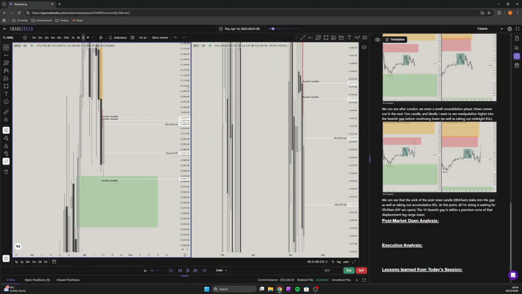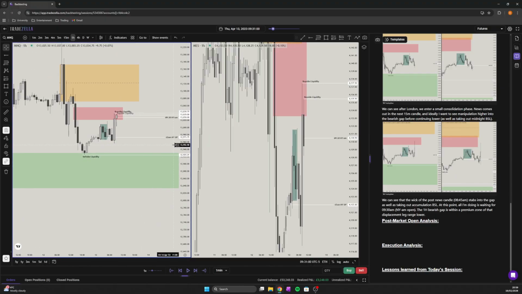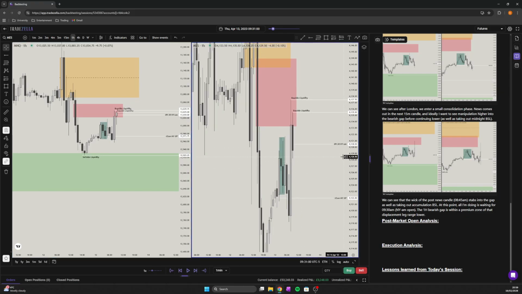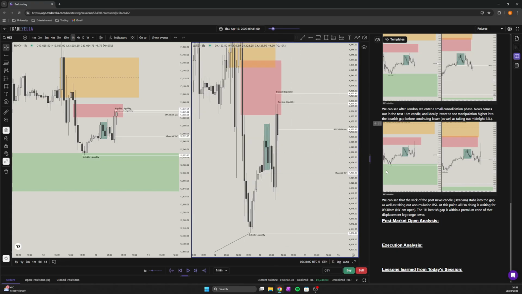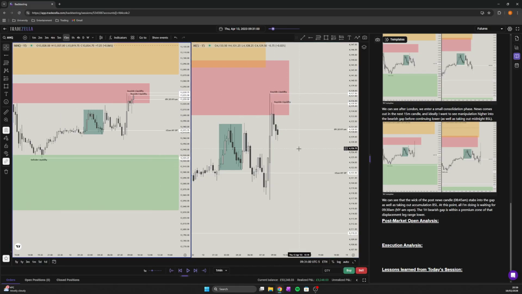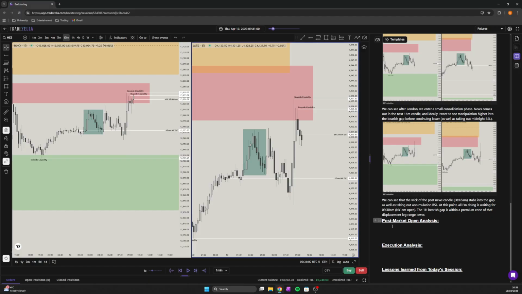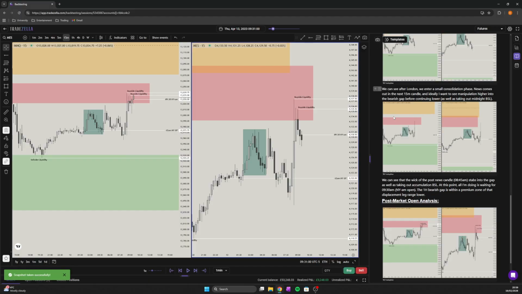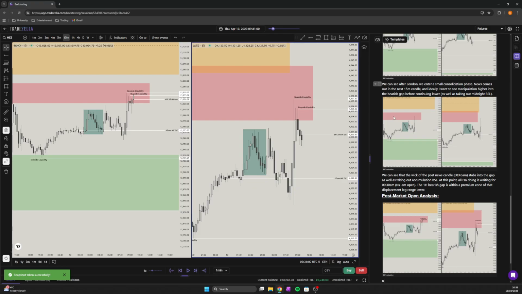If price breaks higher, then obviously I'm a bit concerned, but just kind of sitting here waiting right now. There is a gap that might form post market open. Let's check. New York AM opens. Oh my god, I read that wrong. New York AM opens, and we see a further rise up into the bearish gap.